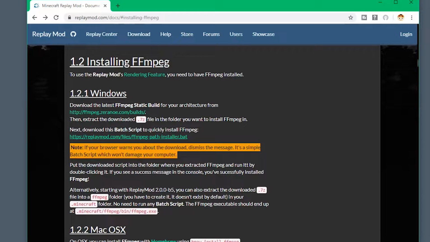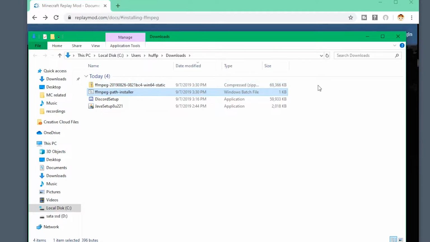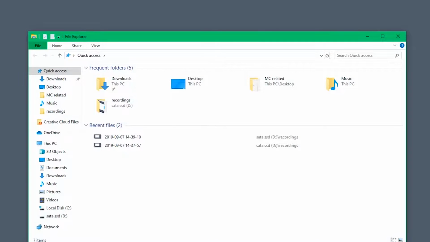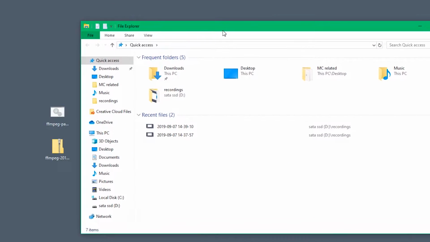So basically what you want to do is get these guys situated in a folder. So show in folder here, and I'm going to select both of these and drag them to my desktop because it takes a little bit of doing to actually set this up properly. So these two files need to go in a specific order. The first thing you want to do is open up your file explorer and click on